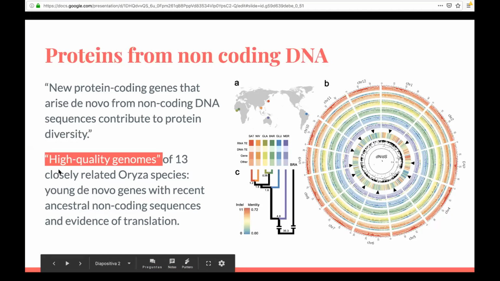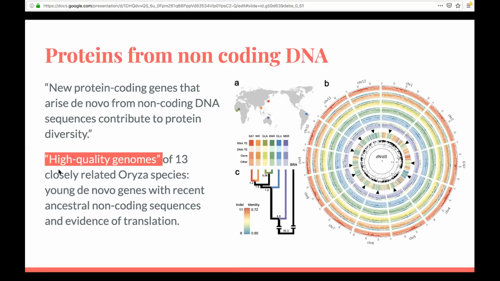What does this mean? That they had to take those genomes that were mostly complete, with no gaps between the chromosomes where they didn't know what that part of DNA coded for, or errors, or different things, because nowadays not all genomes are complete. Not even the human genome is perfect, because there are some different variations from one